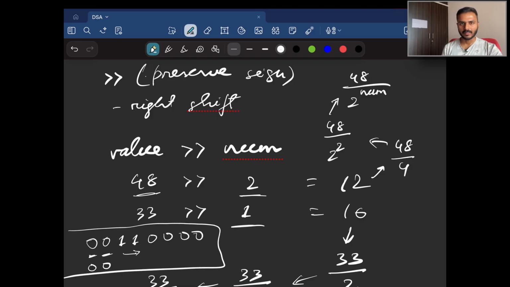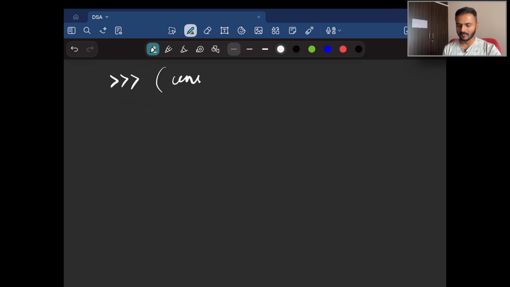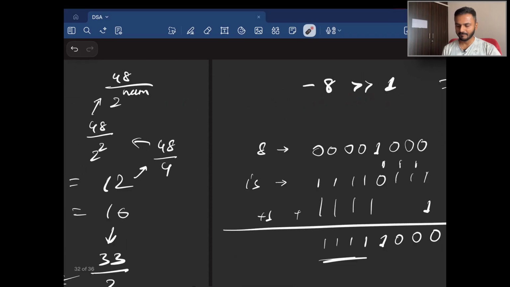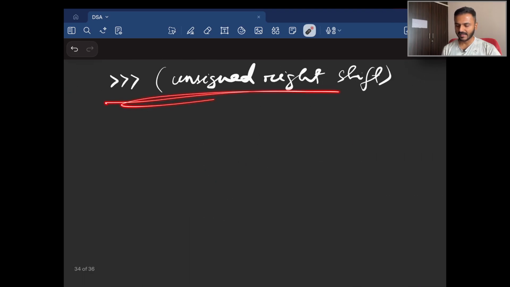But there's another operator which does what right shift does, but without preserving the sign. And that is this operator. This is called unsigned right shift. Now there's only one difference between the unsigned right shift and the right shift. That is, right shift will preserve the sign, whereas unsigned right shift will not preserve the sign,